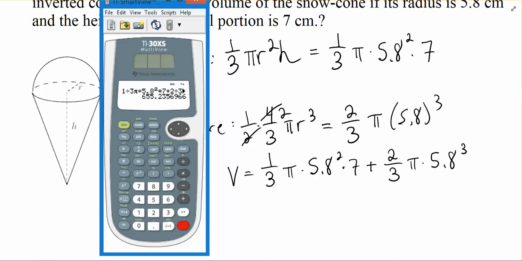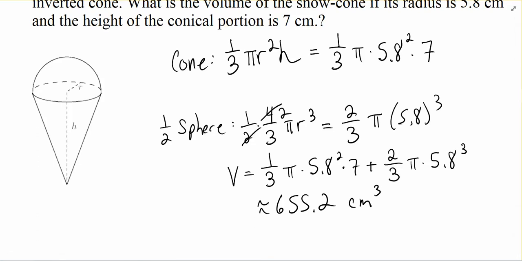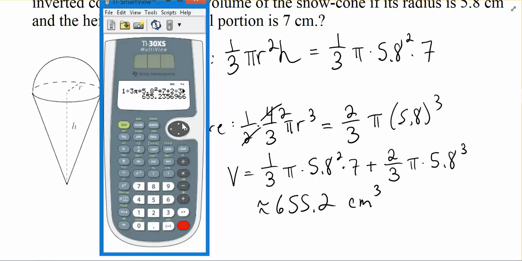Now, one of the nice things about putting it all together in one step is if you make a mistake, you can go back and fix that mistake. I'm going to jot down this number first, 655.2. And this was in cubic centimeters. But if I want to go back and fix it, I can arrow back up and hit enter in case I had made a mistake somewhere and said, oh, I need to fix something. I can arrow over to it and fix wherever it is that I made a mistake. And then hit enter again without having to retype a whole bunch of stuff.